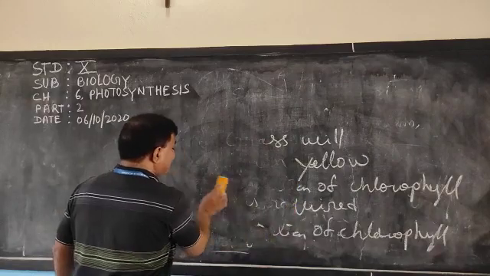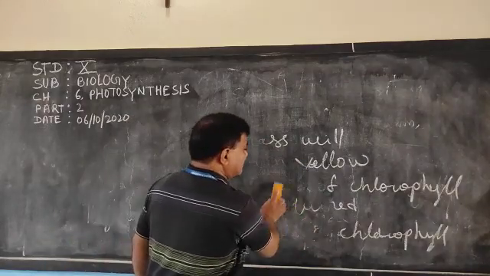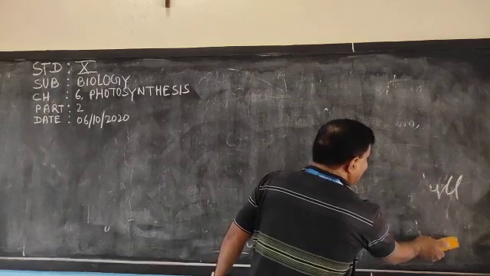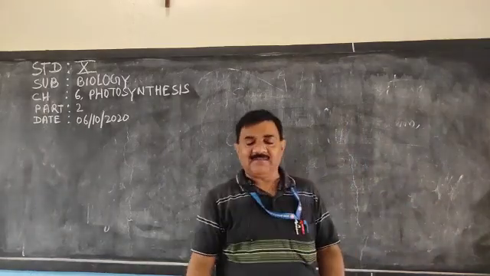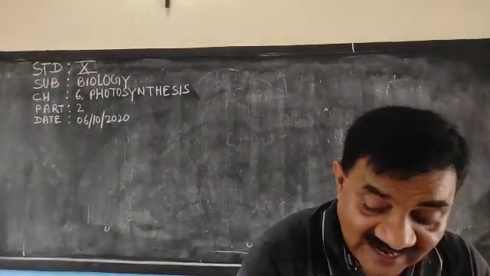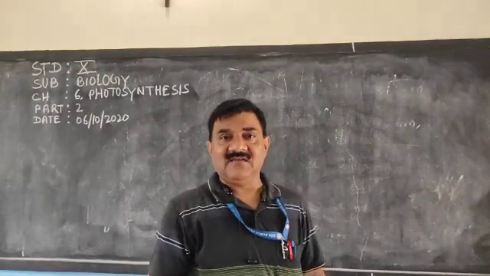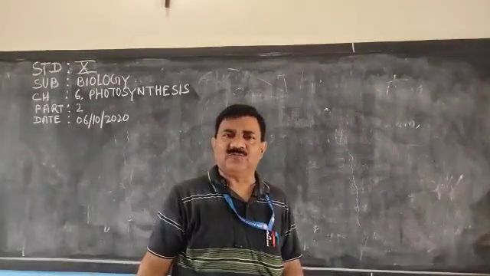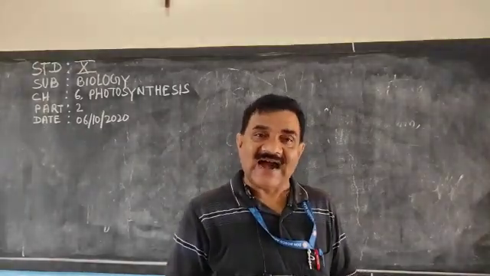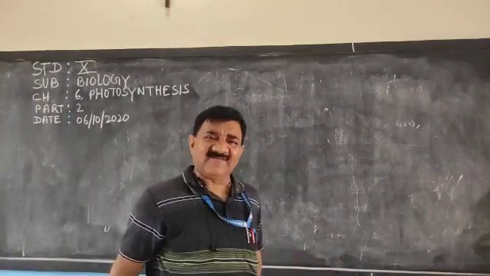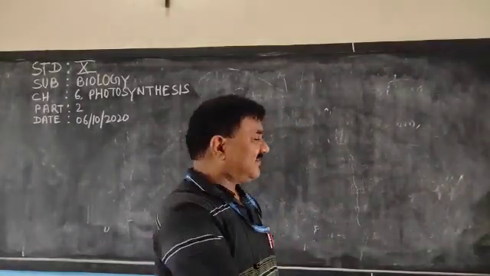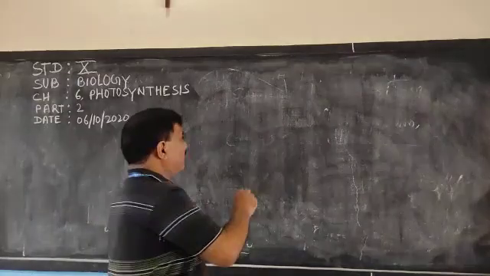Now we have discussed that chlorophyll is present in the walls of thylakoid. Thylakoid rings are called grana, and grana is present in the chloroplast. And the location of chloroplast we have seen. One very important thing we have to discuss, that chloroplast is also present in the guard cell. And where is the guard cell present? Guard cell is present in the stomata. So let us discuss the diagram of a stomata.